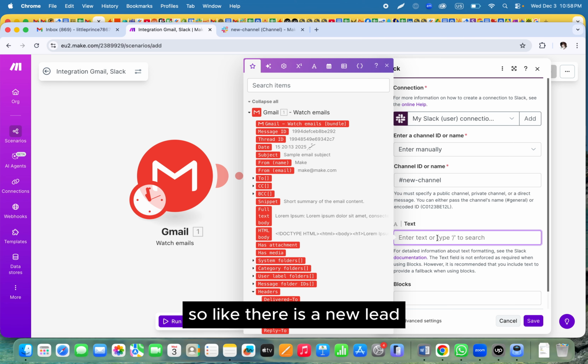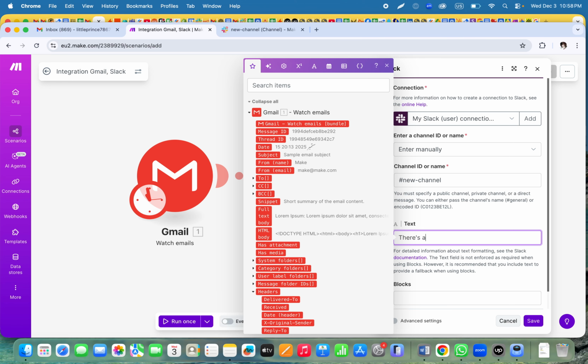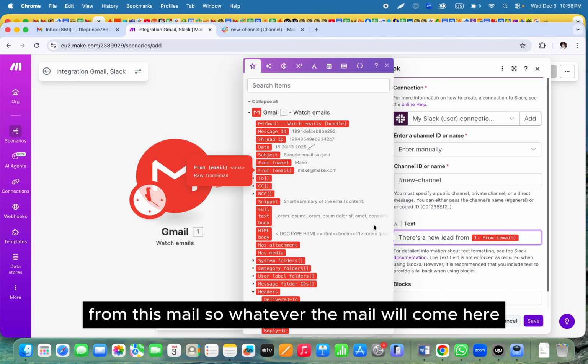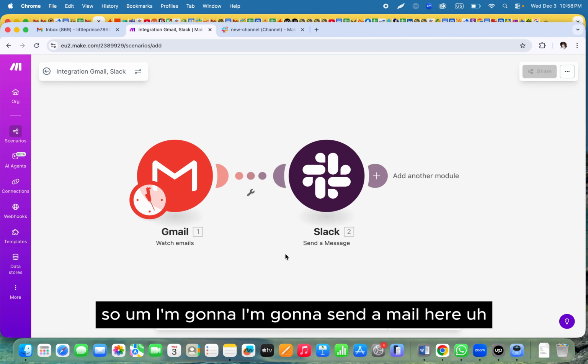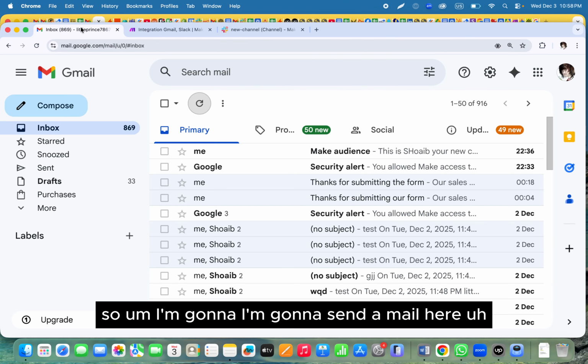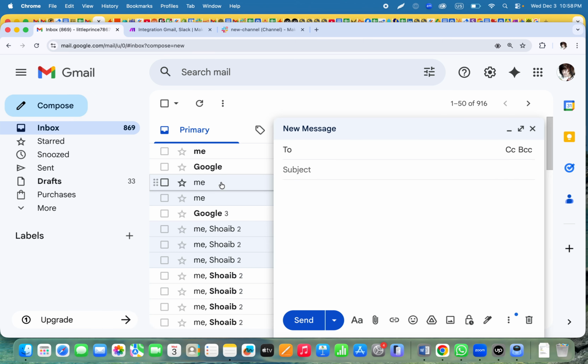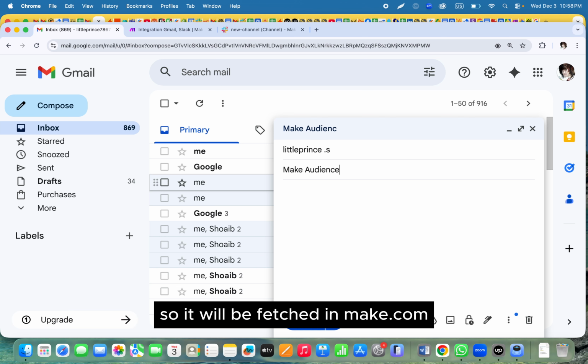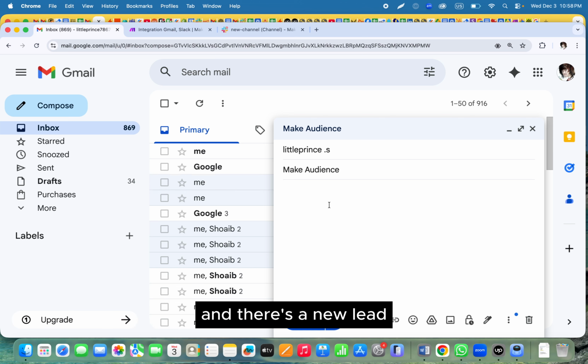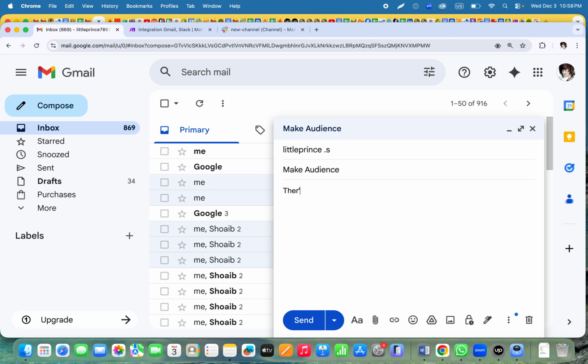So like there is a new lead from this mail. So whatever the mail will come here, it will be sent in the text on the Slack. So I'm gonna send a mail here, like to my mail, and the subject is make audience. So it will be fetched in make.com,